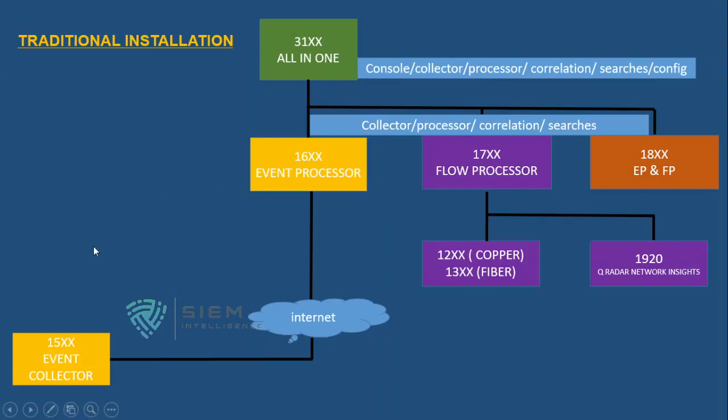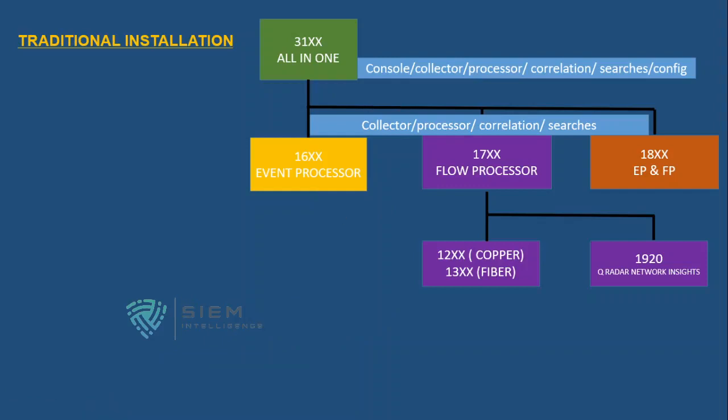That is also possible by using this 15xx. You can place some 15xx where you can get only event collection. An event processor can have multiple event collectors. By default, the event processor collects logs from various log sources, but there is an option to add another 15xx box from where you can start collecting logs, and keep it ready. As and when the event processor has live connectivity, it starts sending the logs to the event processor. There is that feasibility available.